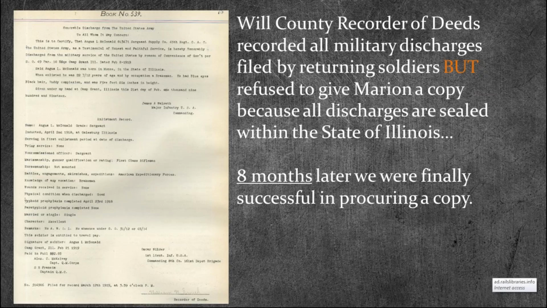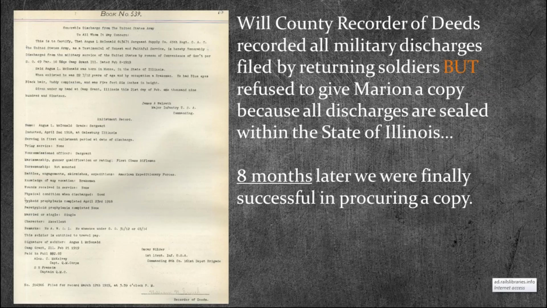I went through all of the dates for 1919 because I know that he was discharged, according to Clara's certificate, in February of 1919. So I went through the index and looked at every record that was recorded by the recorder from February, March, and April of 1919. So whether or not somebody was filing a mechanic's lien or a mortgage or a military discharge, I had to sort through all of those until I found him in the record.